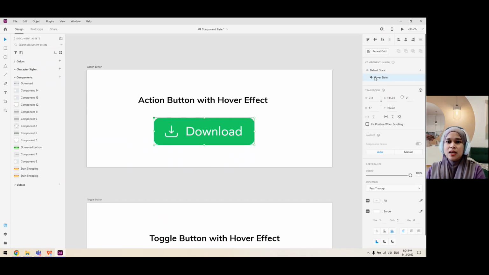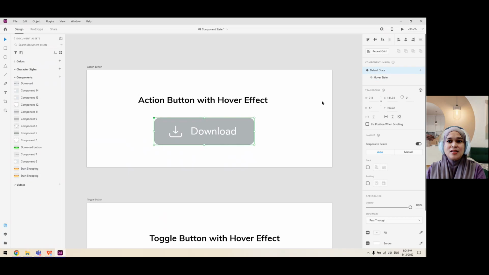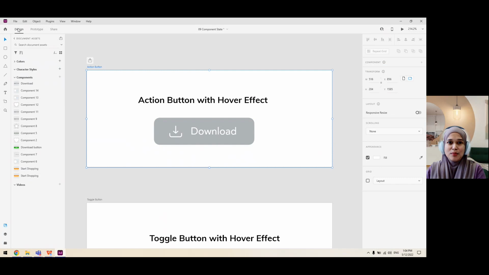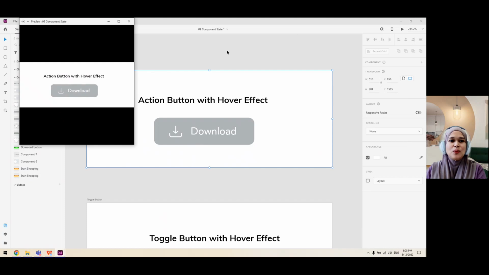Now let's try to see the default and the hover state that we have created so far. You can also view this in design mode because we haven't created any interaction for this button yet. So in design mode, I just click at this desktop preview. Now, once I move my mouse on the top of this download button, it started to change into a bigger typeface with green color. So this is a simple button that you can create for your interface which has an